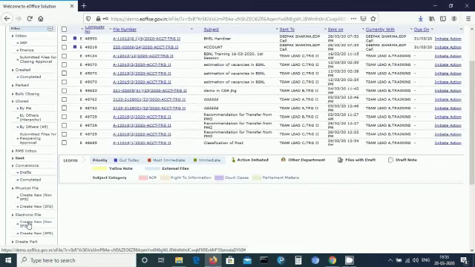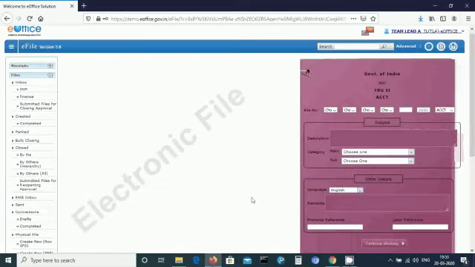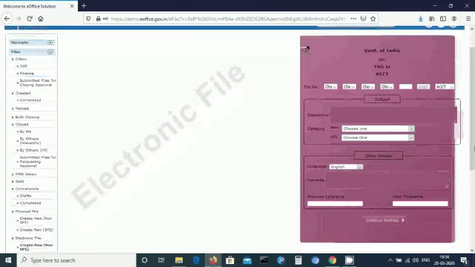Create a new file. It will show you the same image of the file that we created by using the receipt. You can select the basic head, primary head, secondary head, tertiary head. This is the file number that will be generated by the system, followed by the year and the section. Description as we have given previously. Now you can select the category, main category, subcategory, and at the end you can see continue working.